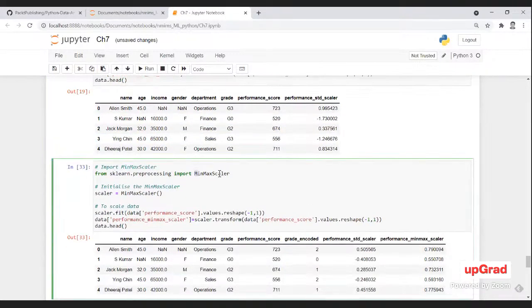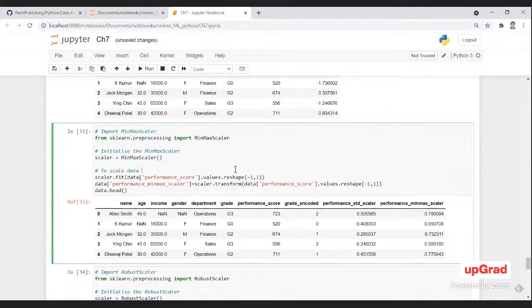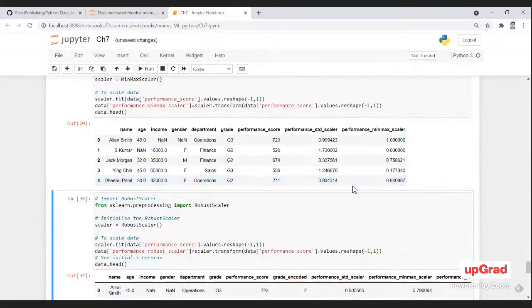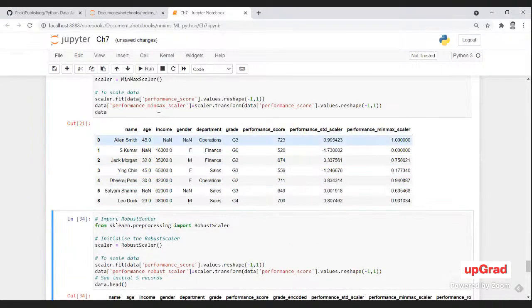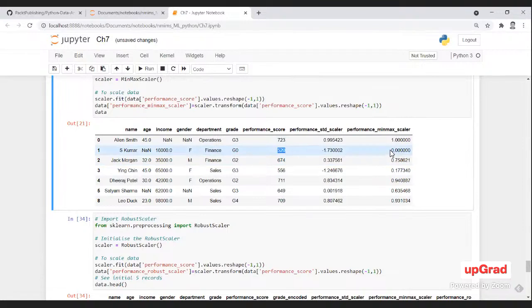Another approach is the min-max scaler. It will scale between 0 and 1. Now you can see, instead of typing data head, I am typing all the data. You can see here, this is the highest score, 723. Its score is 1, and you can see 520 is the lowest score. Its value is 0. Why? It is scaling them between 0 and 1, right? So the lowest value will be 0, the highest value will be 1, and the remaining ones lie between 0 and 1. You can see 711 is